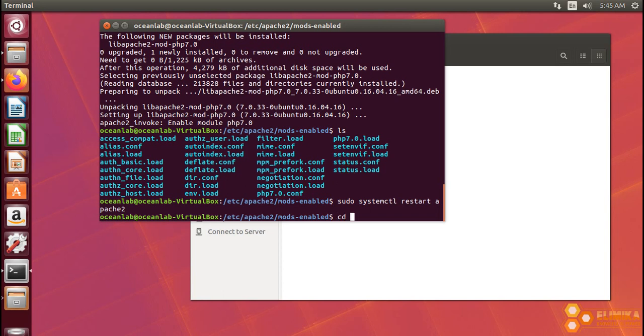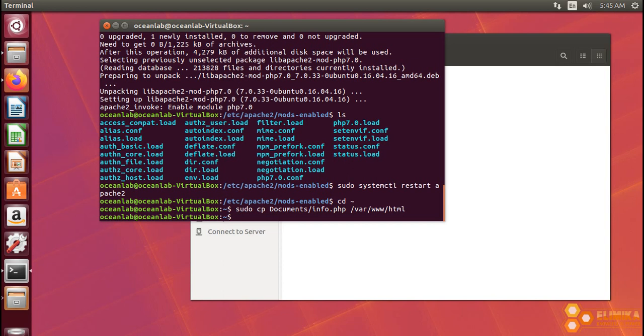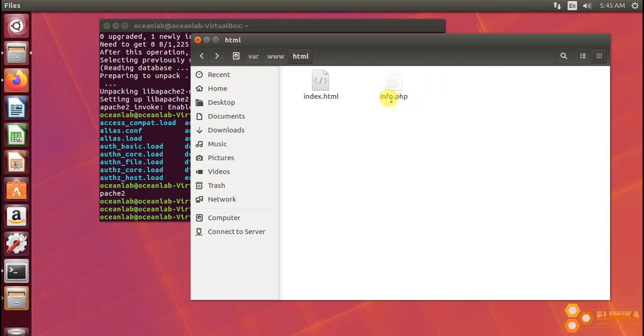So I will change directory to my home folder, and here I will type sudo copy, and I will type documents folder, and in the document folder we have the info.php file, and I will copy it at the var folder. Inside the var folder there is the www folder, which contains the HTML folder, and I will press enter, and our document should be copied. As you can see, this is the PHP document has been successfully copied,